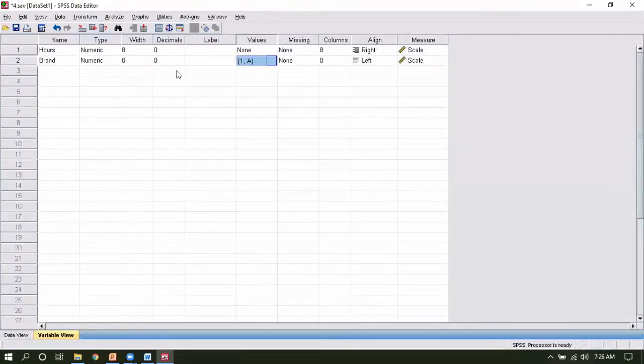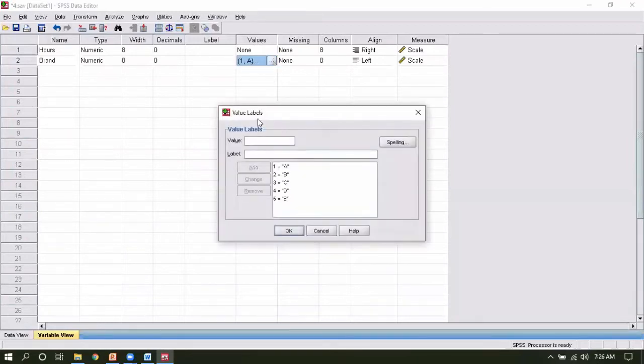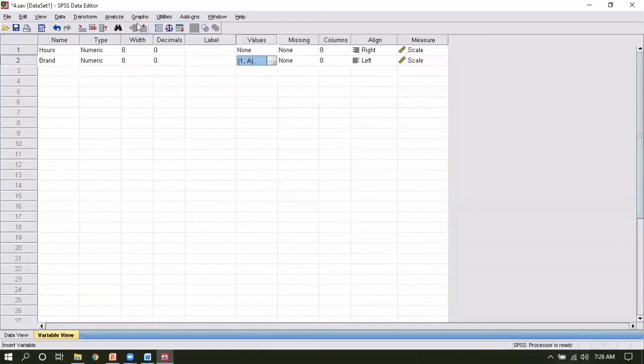Now we will check our values, and here is how we give the values. Click here, and suppose I am removing this, for brand 1 we have tablet A. So edit, then okay.